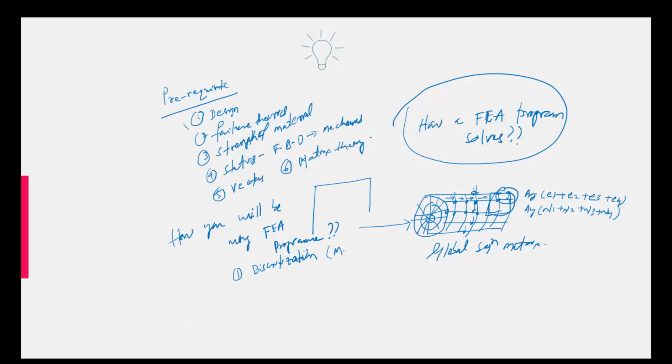Discretization, or you can say meshing. These elements are located in space by a common coordinate system, and the coordinate points or nodes are locations in the model where input, that is your forces, and output, that may be displacement or stress or strain data, are provided. They are also required to describe the geometry of the structure to the finite element solver program, which currently we are using here as Nastran.